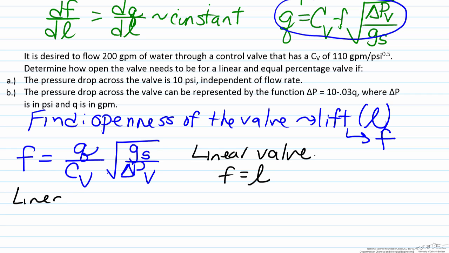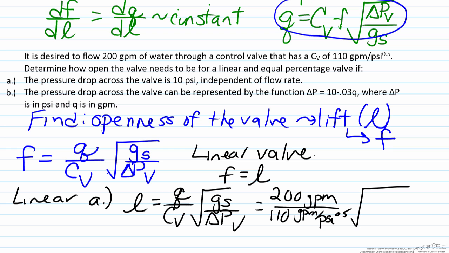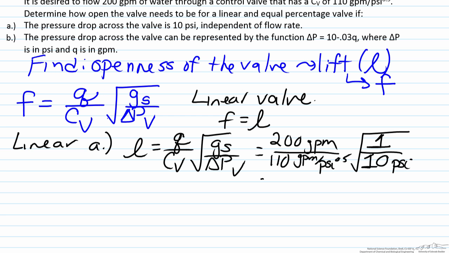So for the linear valve for part A, we can just note that L will equal Q over CV multiplied by the square root. And here our flow rate is 200 GPM. We have our value for the valve of 110 GPM per PSI to the 1/2. And then we have the square root of the specific gravity, which for water will be 1, divided by the pressure drop across the valve, which is 10 psi. And when we do this, we find that our valve openness is